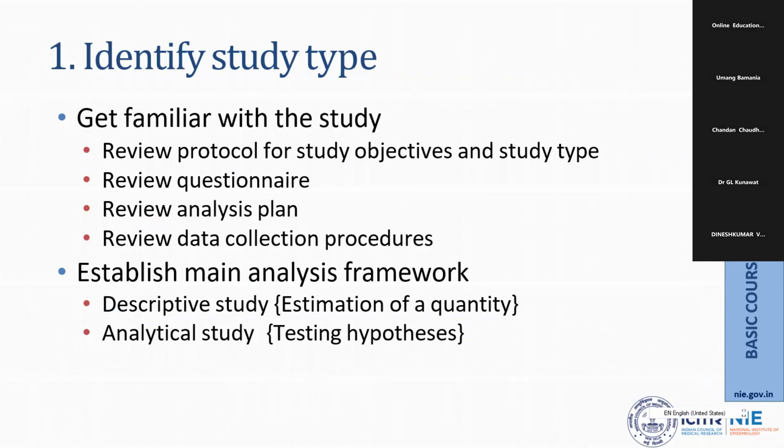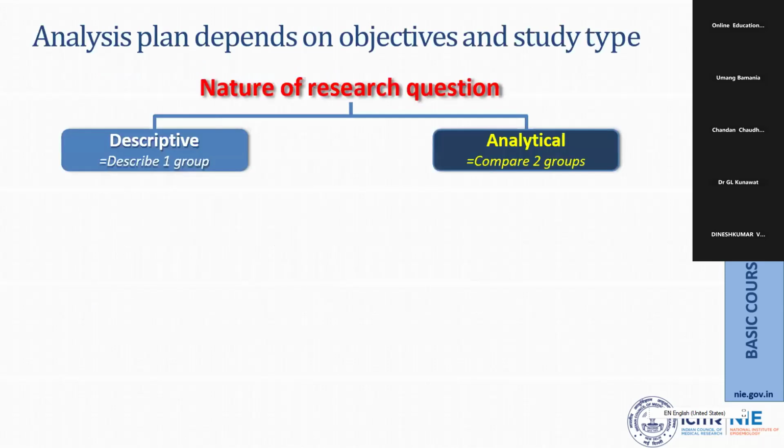बाद में भी आप रिव्यू और प्रोटोकॉल फॉर स्टडी ऑब्जेक्टिव एंड स्टडी टाइप, रिव्यू क्वेश्चनर, रिव्यू एनालिसिस प्लान एंड डेटा कलेक्शन प्रोसीजर, और आप उस जो भी स्टडी आपकी है टाइप उस पर आप फेमिलियर हो सकते हैं। एस्टेब्लिश मेन एनालिसिस फ्रेमवर्क, आपकी स्टडी डिस्क्रिप्टिव टाइप की है या एनालिटिकल टाइप की है। डिस्क्रिप्टिव टाइप की है तो आप उसमें फ्रीक्वेंसी या क्वांटिटी मेजर कर सकते हैं। अगर कंपैरिजन ग्रुप है, एनालिटिकल स्टडी है, तो टेस्टिंग ऑफ हाइपोथेसिस।